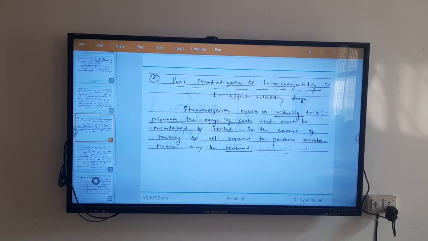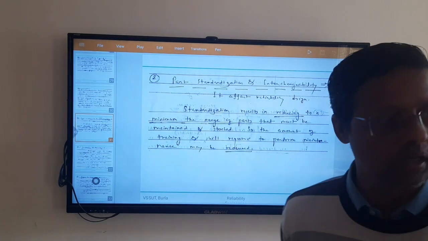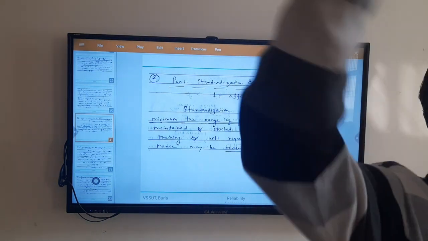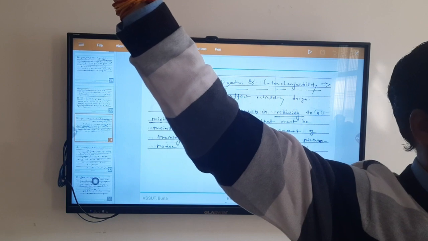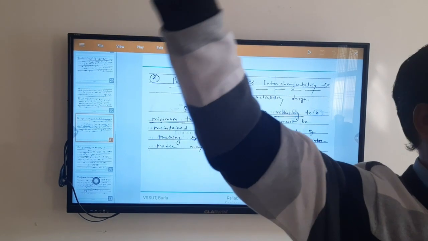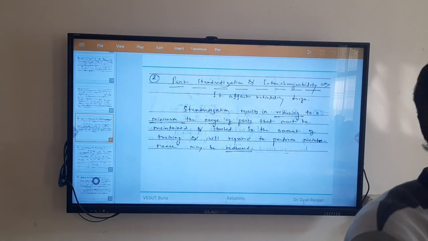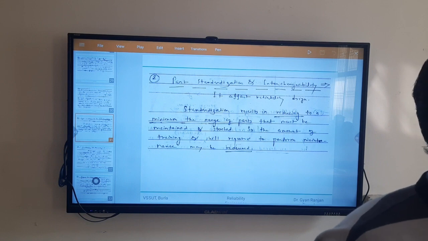Understand? So can you maintain some additional number of components of B in your warehouse for maintenance purposes? Or all the time, whenever a maintenance failure occurs, the company will place an order, then some source company or subsidiary company will feed you that particular product, and thereafter you will do the maintenance. Is it advisable? No, right?